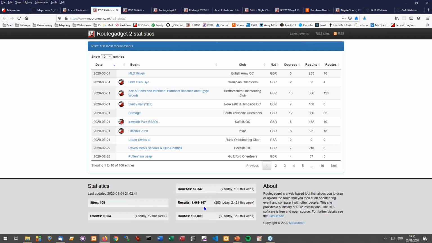Parkrun does something similar at the bottom. There are some silly numbers, but I've got nearly 1.5 million results uploaded, 58,000 courses, so there's quite a lot of stuff out there that people have put in.